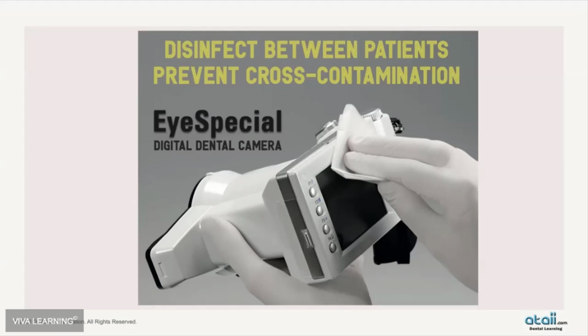So, I always want to talk about these types of processes in my practice, because a lot of doctors say, well, Dr. Ataii, we don't do what you do. Why not? I don't like spending too much money in my practice. Again, it goes hand in hand with economics of standard of care. This is part of my documentation. I need to show. So for me, a $2,000 or $3,000 spend is nothing compared to me having to go